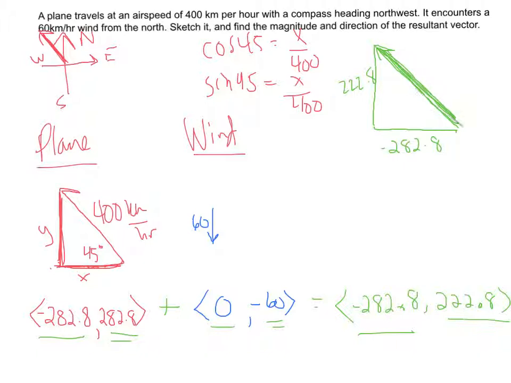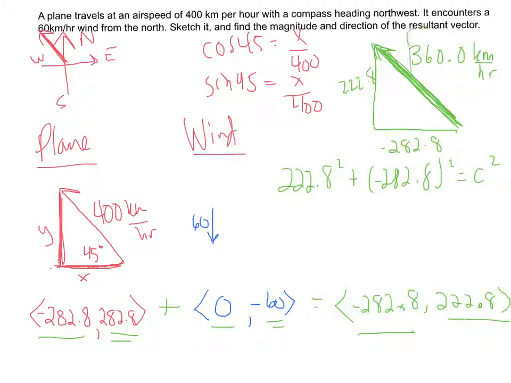We need to find that magnitude. So to do that, we're going to use the Pythagorean theorem. 222.8 squared plus negative 282.8 squared, and that's going to equal the magnitude squared. So I'll type this into my calculator. And when I do that, I get 360.0 for our magnitude, kilometers per hour. So that's going to be our magnitude, 360.0 kilometers per hour, and our direction,